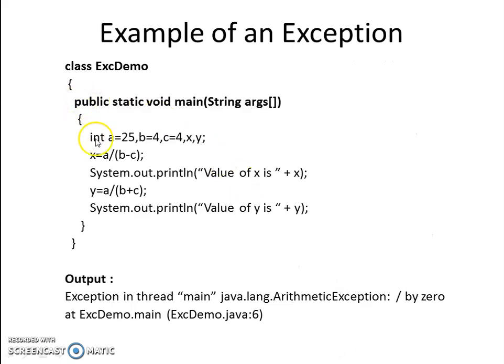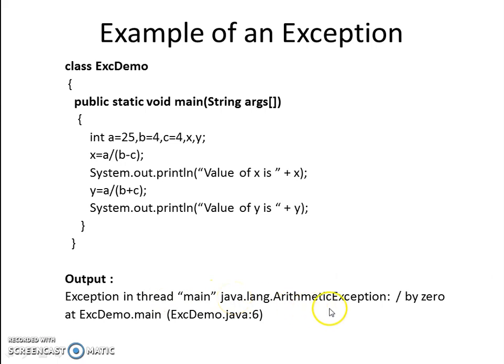Now, in this program, we see we have initialized a few variables, and in this statement we can see as the value of b and c are the same, this will result in a division by 0 and an exception will be thrown, which will cause the program to end abruptly, and this message will be shown to the user.